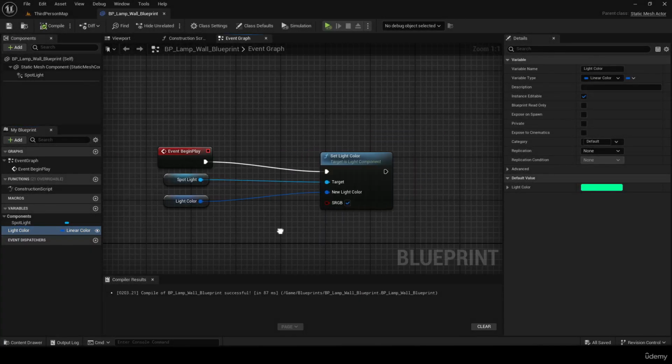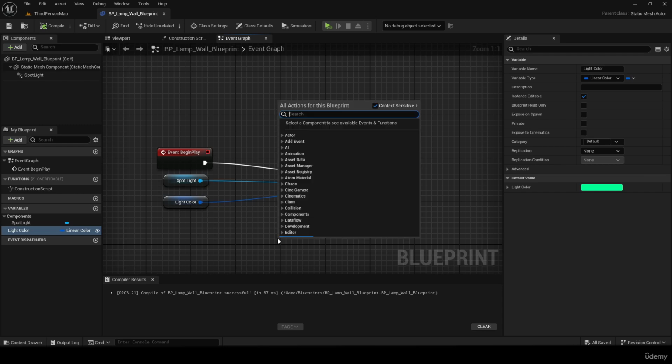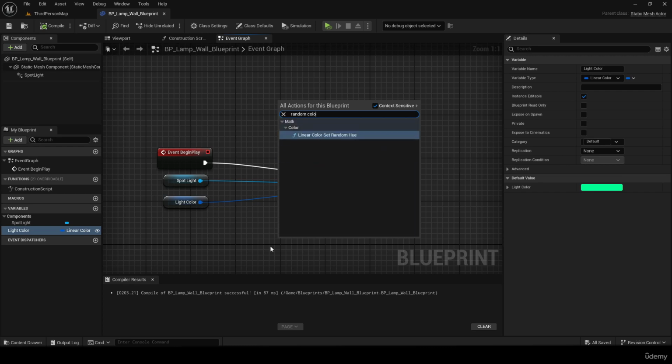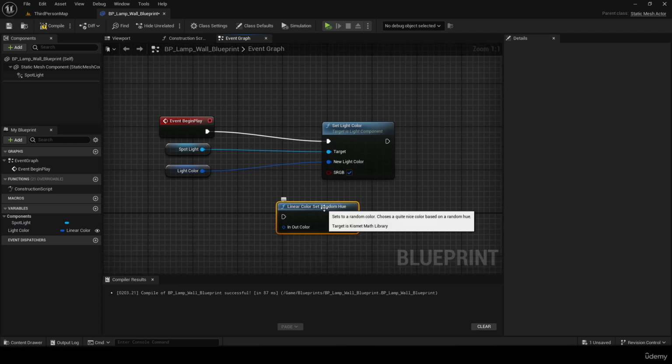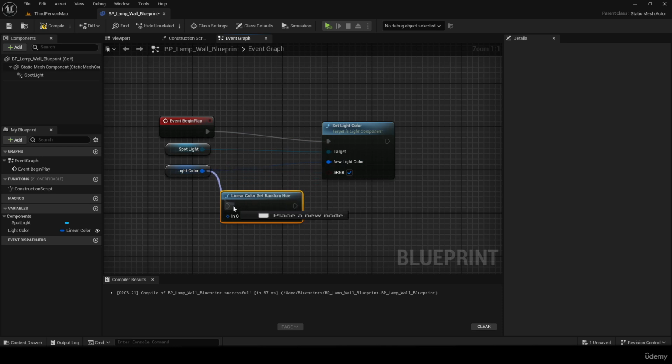Going back to this blueprint we have, what if you want to not set them individually, but every single time to have a random color? You may just want to search for it, search random color, and you will get this linear color set random hue. What you need to do is put your light color here,